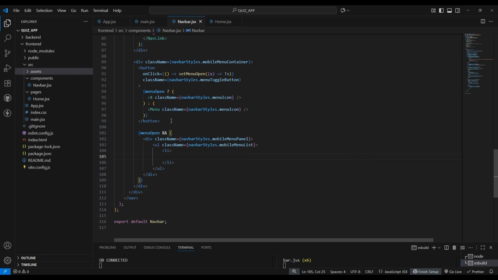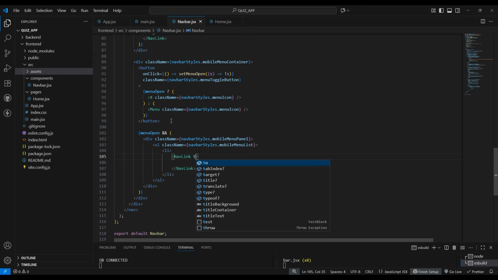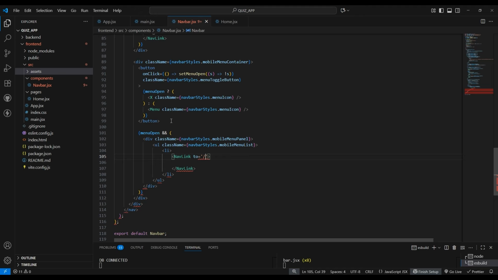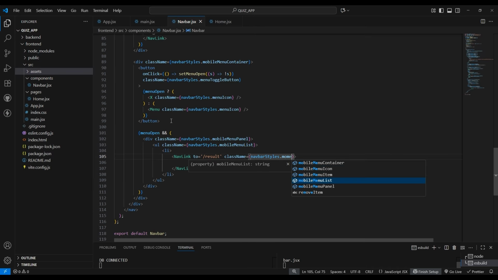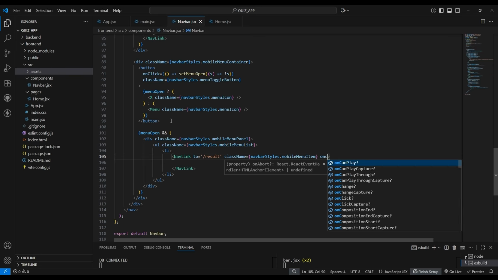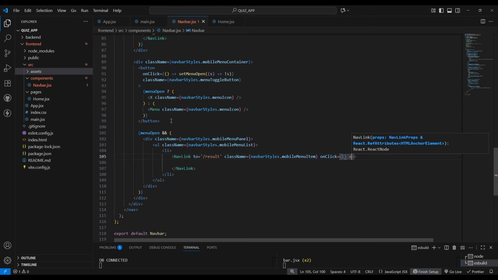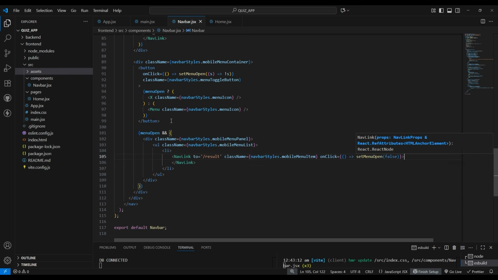Then let's create a li tag, that is the list tag, and inside this let's create our NavLink, and inside our NavLink we give two properties as to="/result", and the class name here will be navbarStyles.mobileMenuItem. Now inside this, give onClick also, that will be